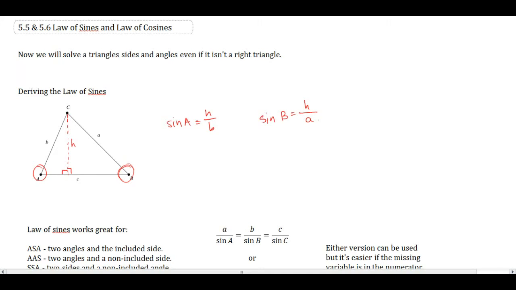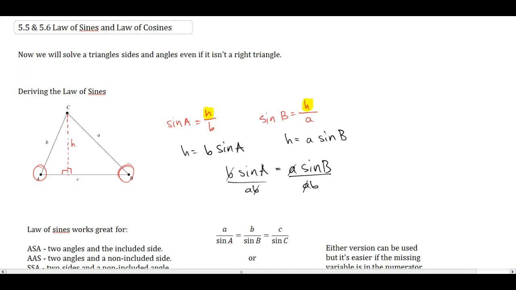Now, kind of cool here is that they both have an H in them, right? So we can set them equal to each other according to H. So the first thing I would do is say H equals little b sine of A, while H over here equals little a sine of B. And now I can set them equal to each other and say b sine A is the same thing as a sine B. Now it looks a little weird because you've got the B and the A on one side and the B and the A on the other side. So why not try to get them together? I'll just divide both sides by AB, assuming A or B are not 0. And notice these guys cancel,